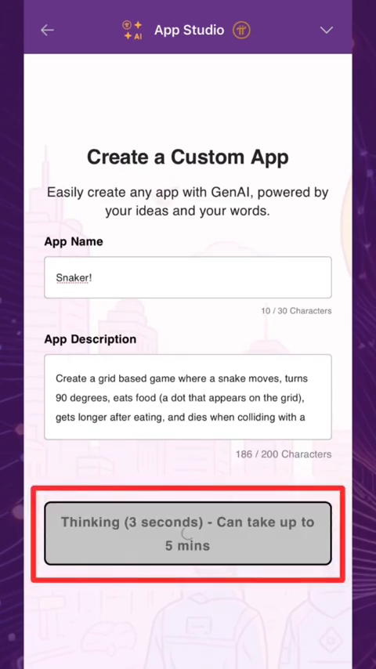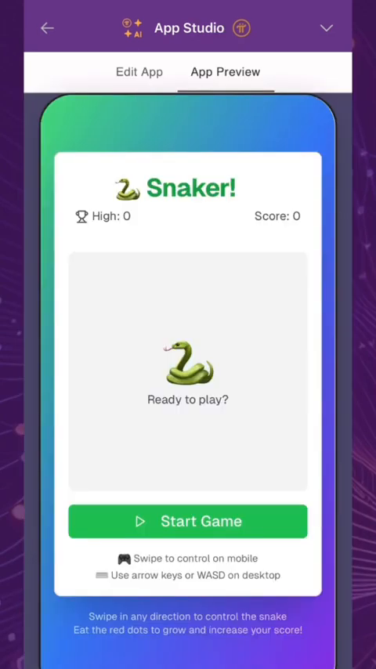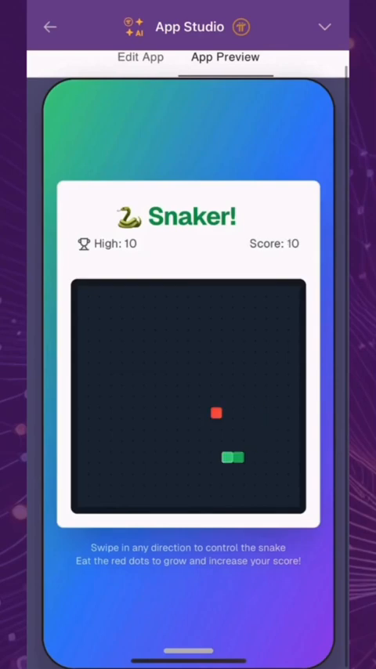The app will take anywhere from a few seconds to up to 5 minutes to generate. And now it's ready just like that. The app is fully functional without requiring any coding, and it can now be published and experienced by pioneers